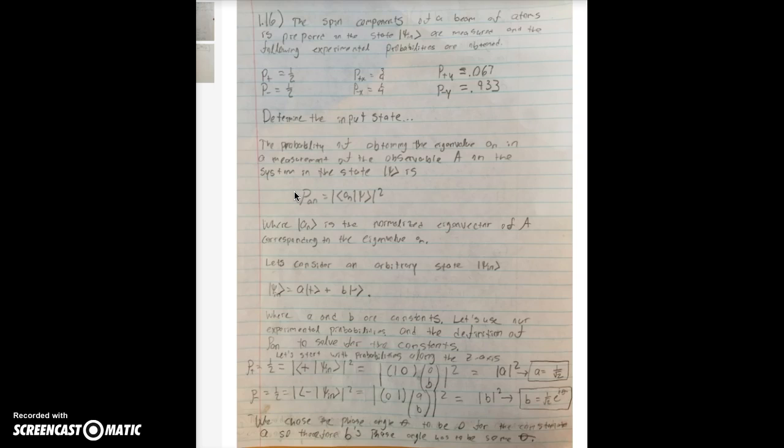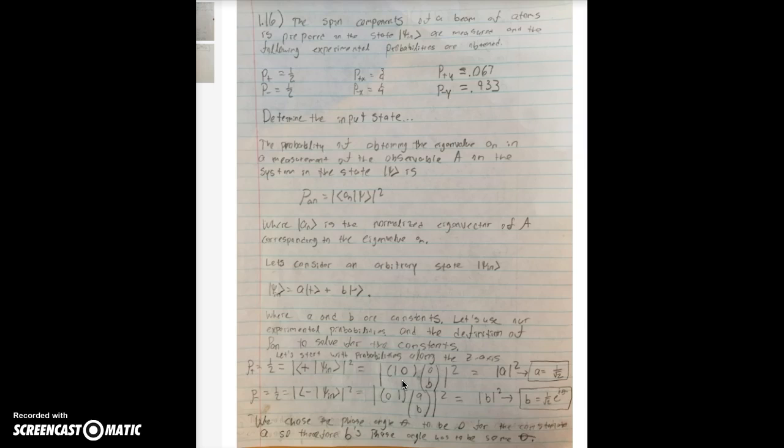So since we're talking about a beam of atoms, we can assume that they're spin 1/2, so we're just going to have spin up or spin down eigenvalues, so that those will be our ANs. So knowing that, let's start with probabilities along the z-axis. For spin up and spin down, they're both probabilities equal to 1/2. So we go through, we use our matrix representations, and we find that